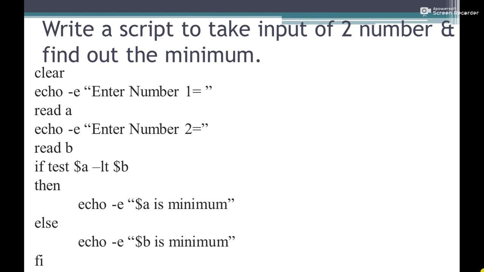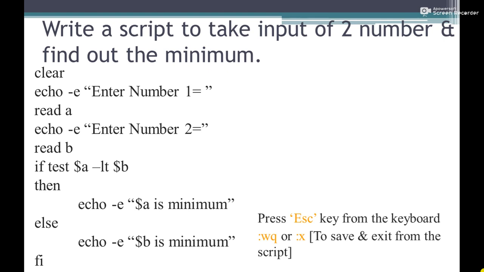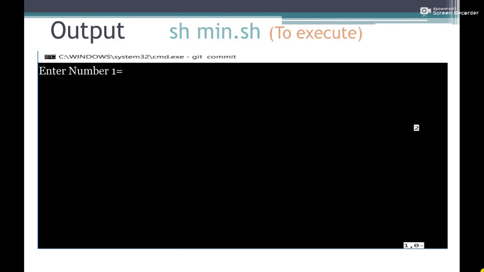Once we complete our script, we will exit from the insert mode by pressing the Escape key on the keyboard, and then we will save our Vim file and exit from the Vim editor, and we will execute our script by sh and the file name. Our file name was min, so sh min.sh.